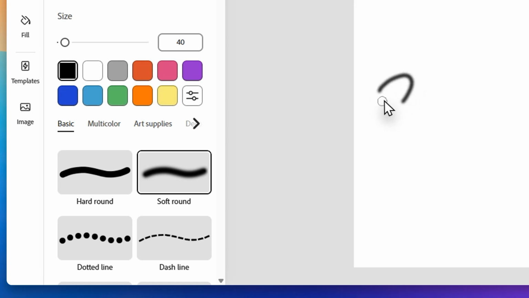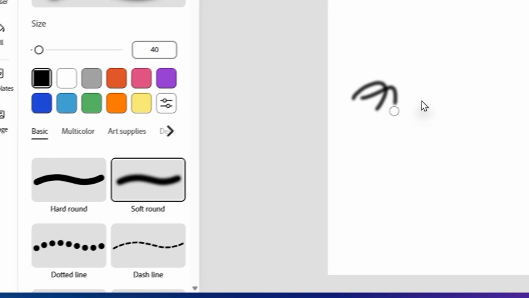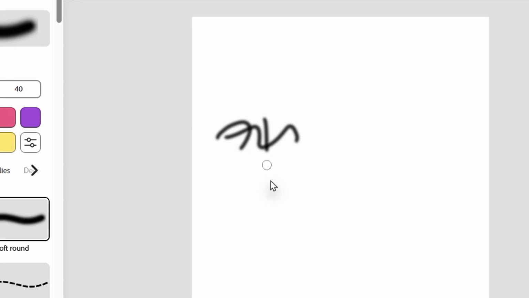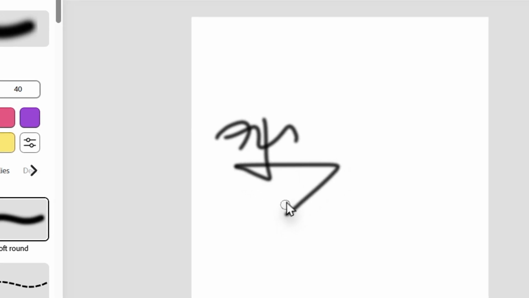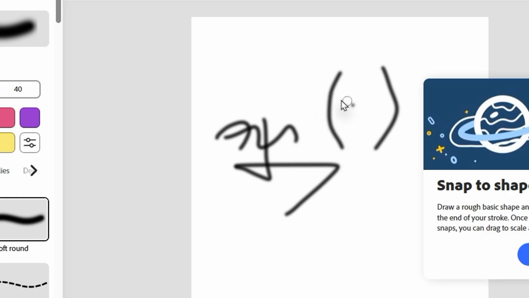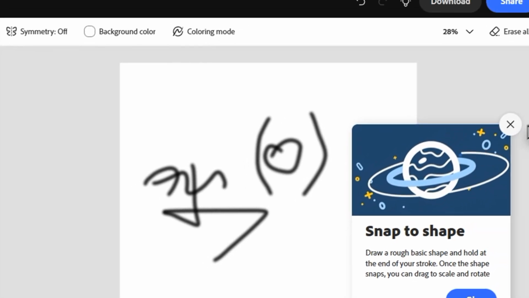After you have picked your favorite style, you can customize the appearance to fit your vision. Use the size slider to adjust the thickness of your stroke and browse the color swatches to find the perfect shade for your masterpiece. Now that your tools are set, you can begin to sketch. You have the freedom to use your mouse, a touchscreen,